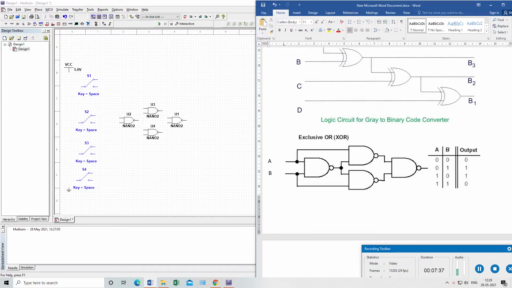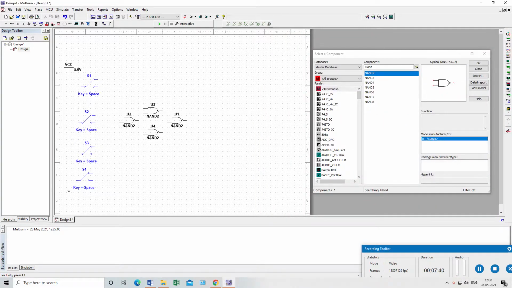See, first we have to connect this. Okay, first we have to rotate this. It will be rotated using control R. Select this switch and press control R. Okay, so one input will be from VCC, as you already know, and the other input will go from ground.